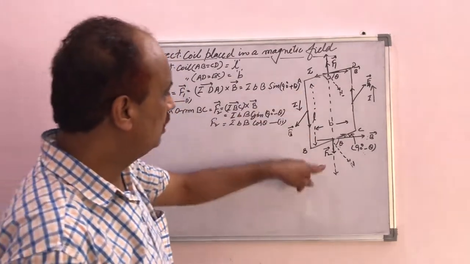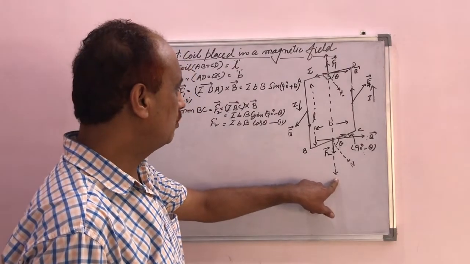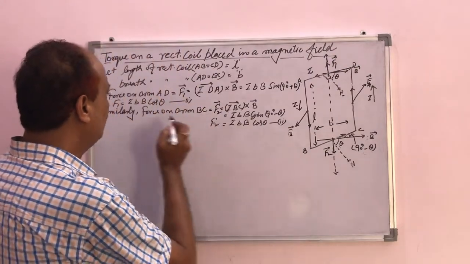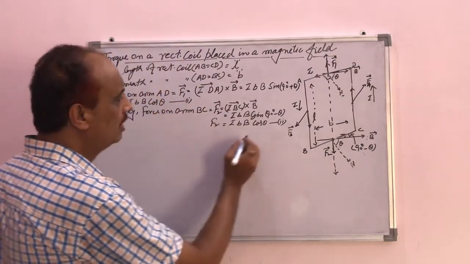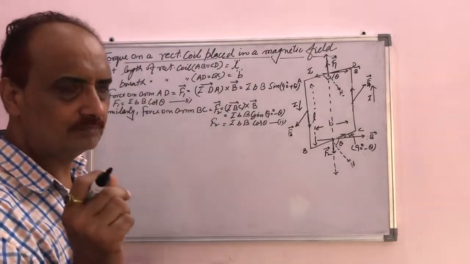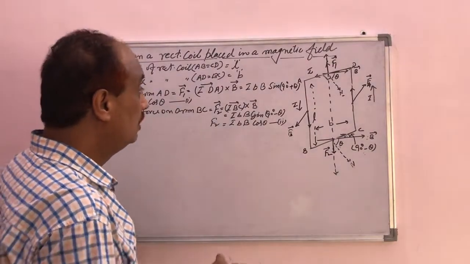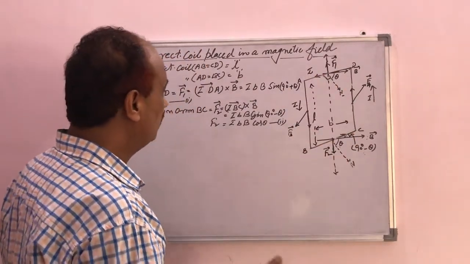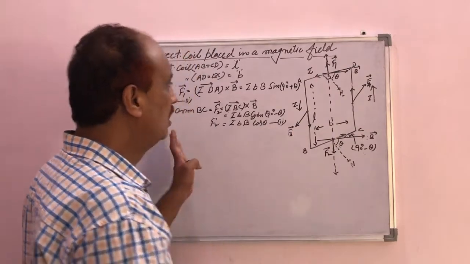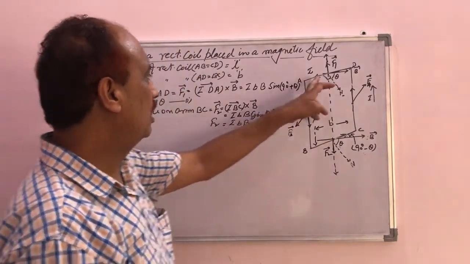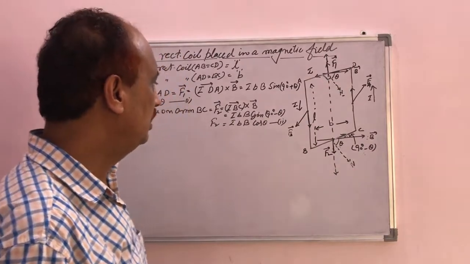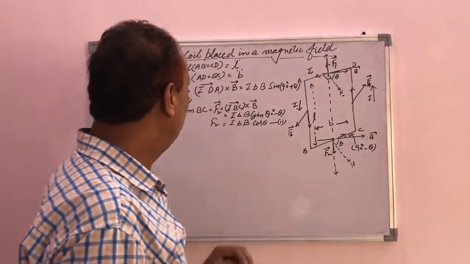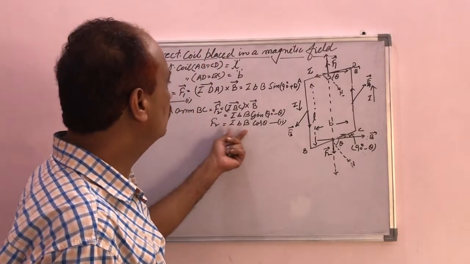This force is acting in the downward direction according to the right hand rule. One is acting upward, the other downward, and the magnitudes of these two forces from equation 1 and equation 2 are equal. Therefore the contribution of these two forces will be 0. These are acting perpendicular to the arm and in opposite directions to each other, so the net contribution of force is 0.